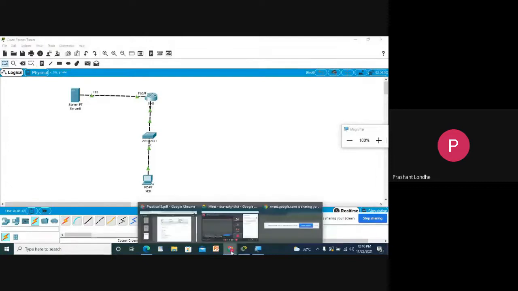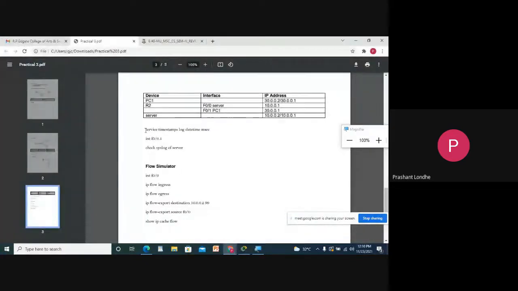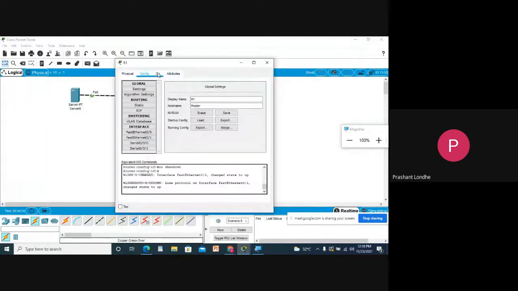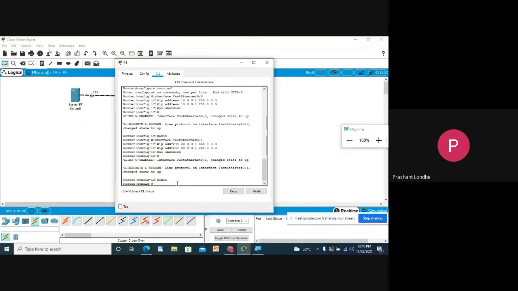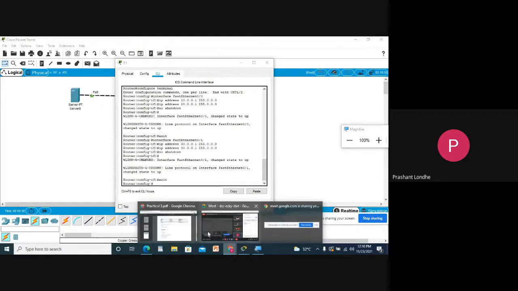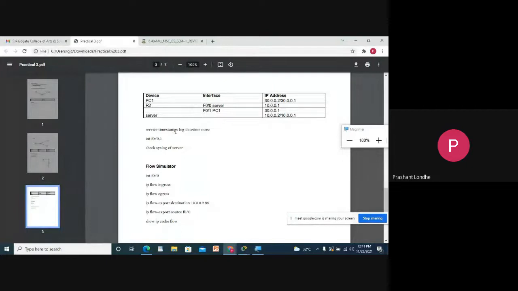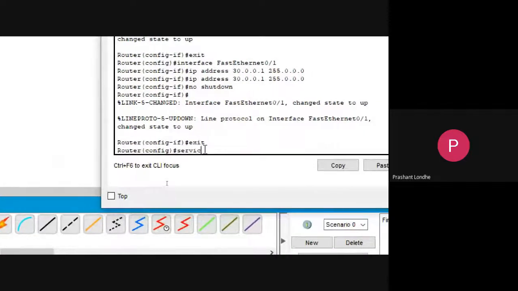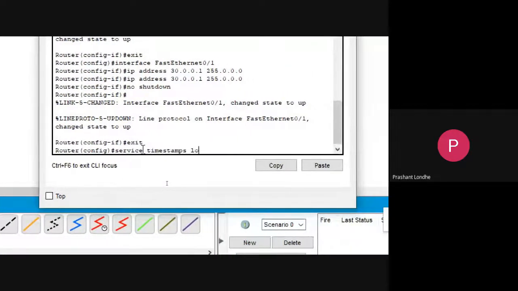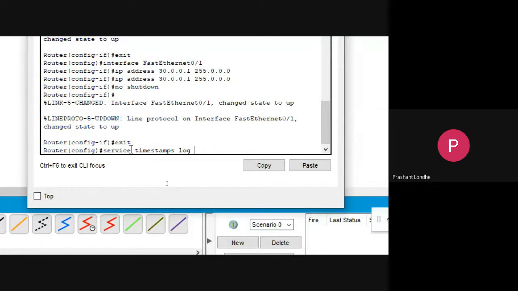Okay, fine. Now you can see we have to set only one command, that is service timestamps log datetime milliseconds. So let us go to the router CLI, exit, and let me type this command: service timestamps log datetime milliseconds.